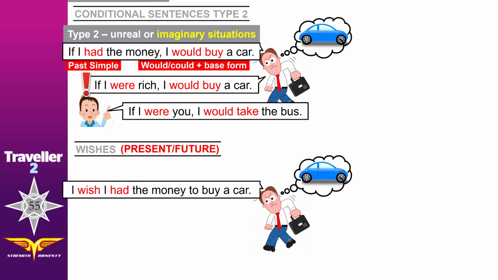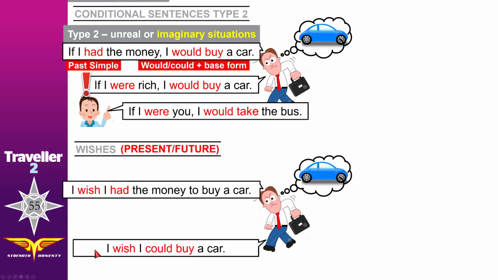Okay? Now look. I wish I could buy a car. In the first sentence, we used wish with a verb in the past simple. In here, we used wish with could plus a verb in the base form. Okay, when do we do this and when do we do this? Why can't we say, I wish I bought a car, the past of buy? You do this